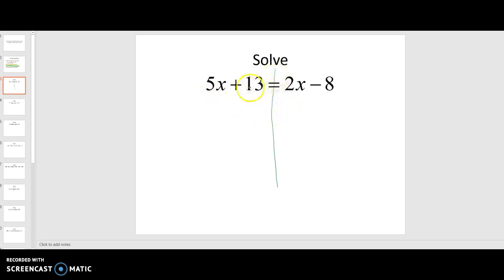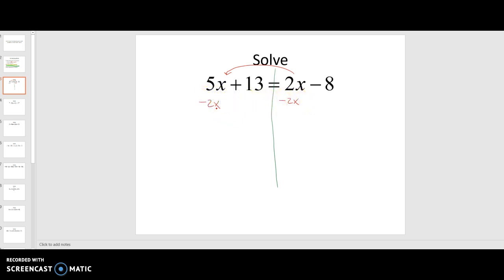So if I look at this, do I have any distributing necessary here? No. If I look at the left side, do I have any like terms to combine? No. If I look at the right side of the equal sign, any like terms? No. So now I'm moving on to the next step. I'm going to move the variables to the left side. So how do I get rid of the 2x on the right? I subtract. Now, whatever I subtract on the right, I also have to subtract on the left, but I have